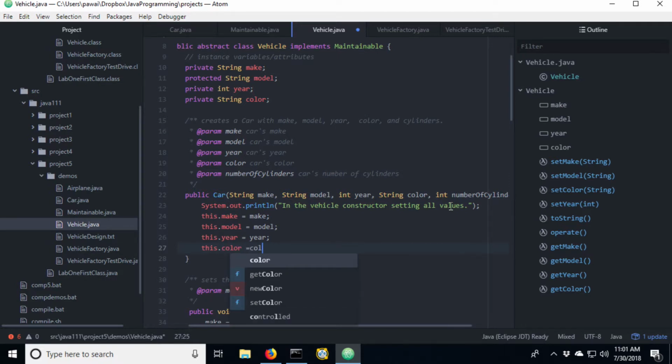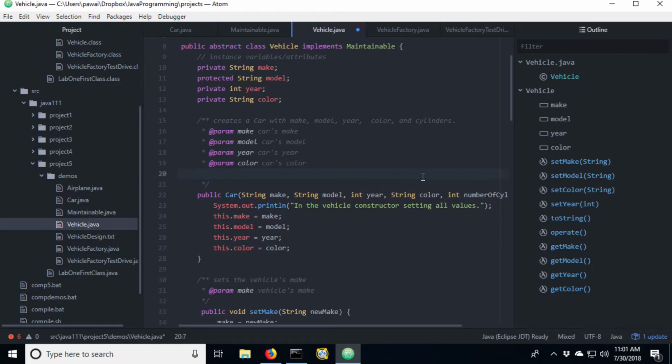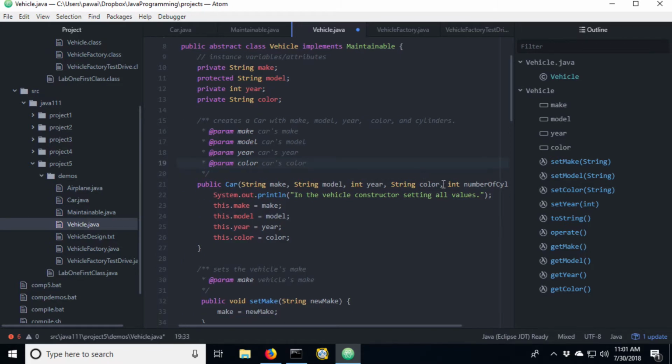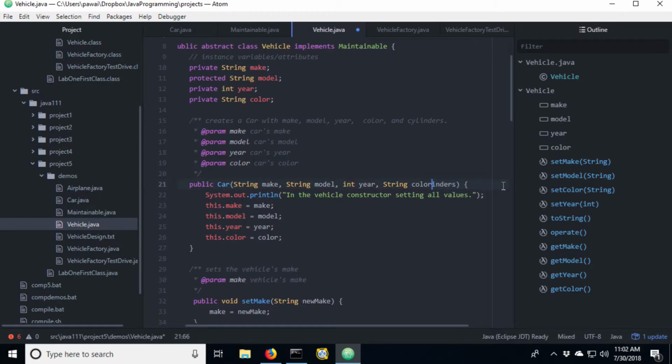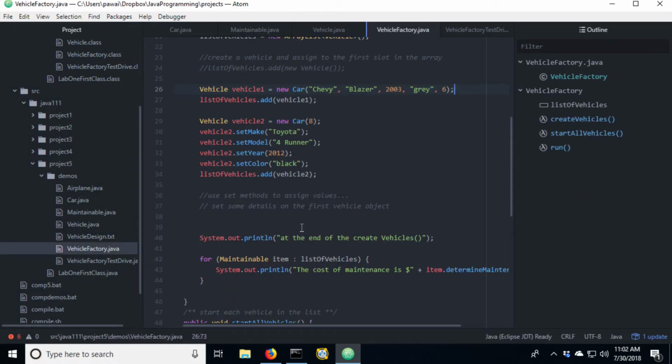And we can get rid of the cylinder business because that doesn't apply to our vehicle. It only applied to the car. So we'll get rid of that, and update our list of parameters here. All right.